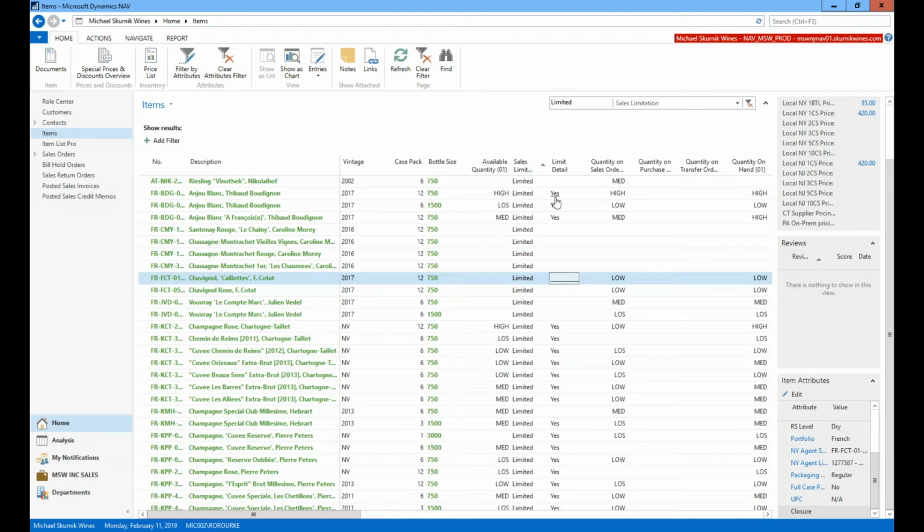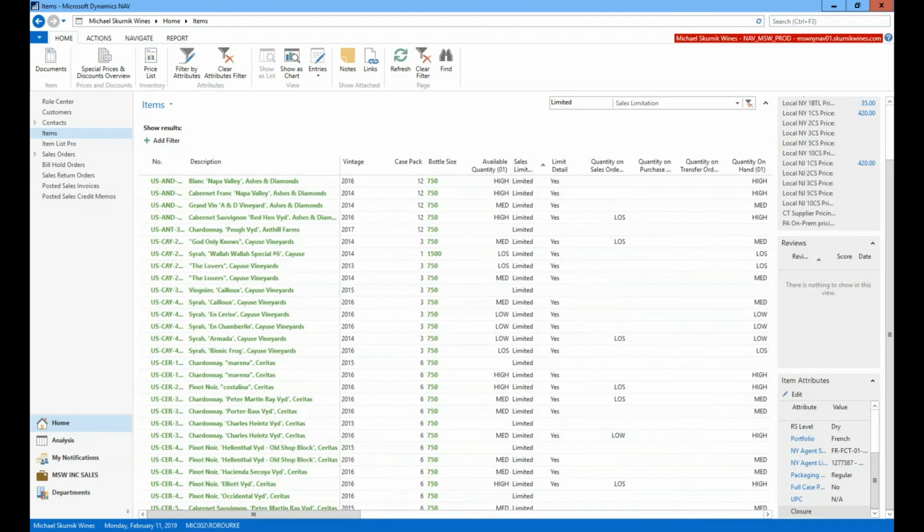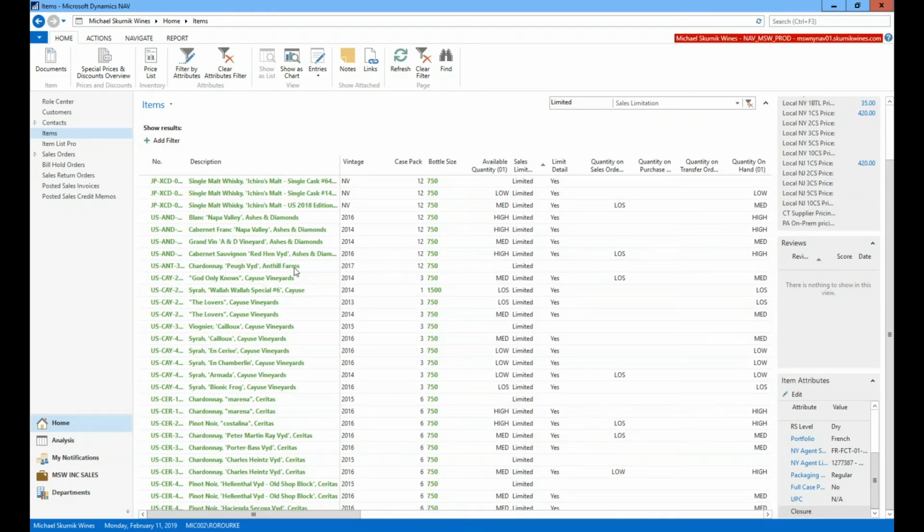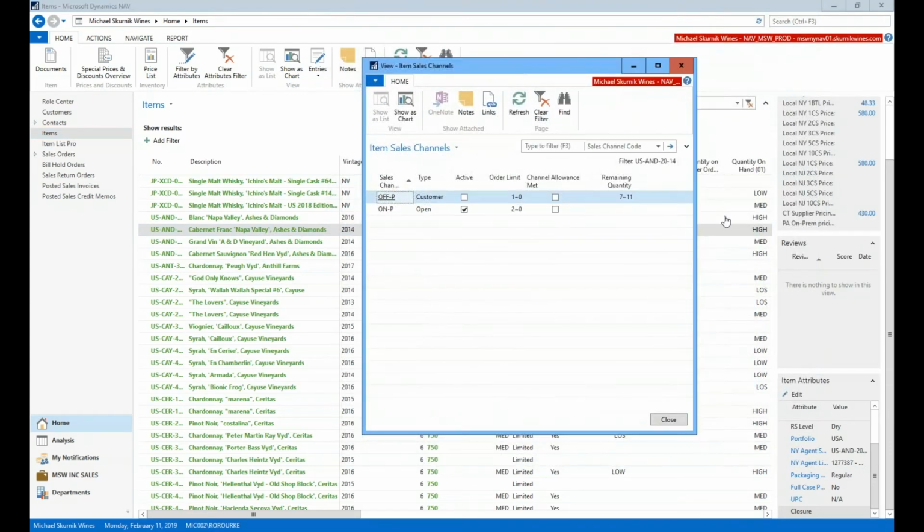Yeah. So let's take a look. Let's take a look for an item that would apply to. Let's look at maybe Ashes and Diamonds. Ashes and Diamonds Cab Franc Napa Valley. So this is limited, and there's a limit detail behind it. So I can see the yes. If I click on yes, it'll tell me that